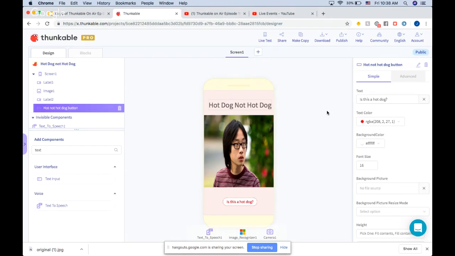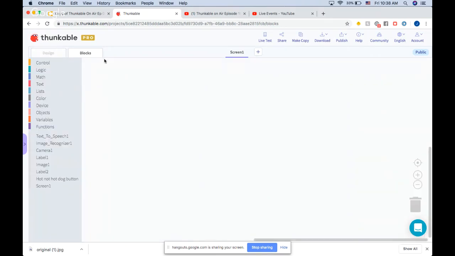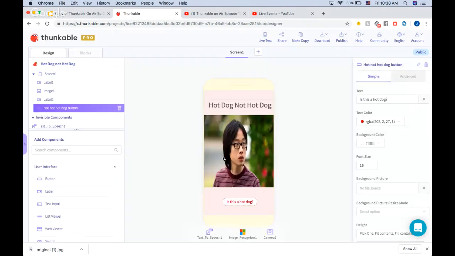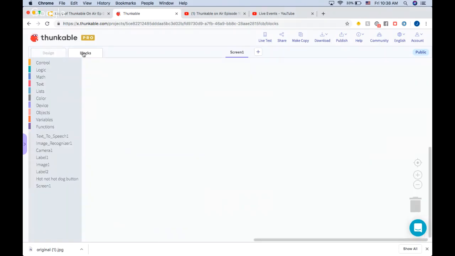Great. All right, so that's the complete design of this app, and now it's time to program the functionality, which we're going to do very quickly. So if we go into the blocks section, this is where we can use the blocks. We're going to say when the screen opens, well, actually, when the screen opens, we already have this picture of the character Jin Young, so we're not going to do anything with the screen opening.